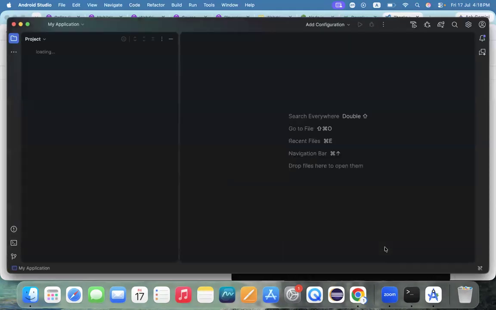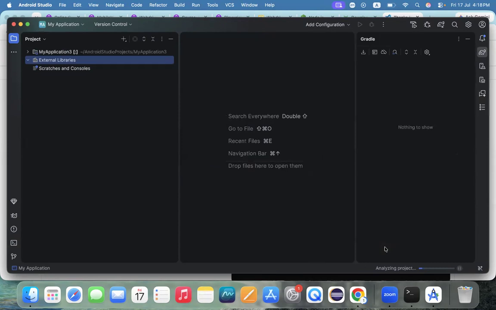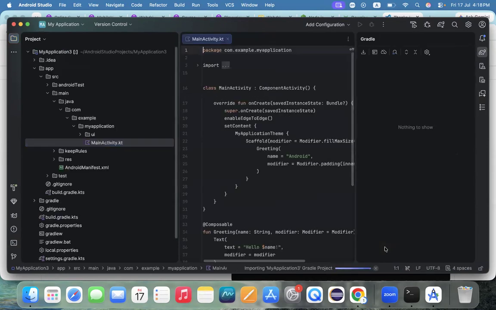As and when you click on that finish button, it will take a few minutes to download the complete latest Android OS to your machine, and it will finish that project setup. That's it. Once you have downloaded and launched your Android Studio, the next